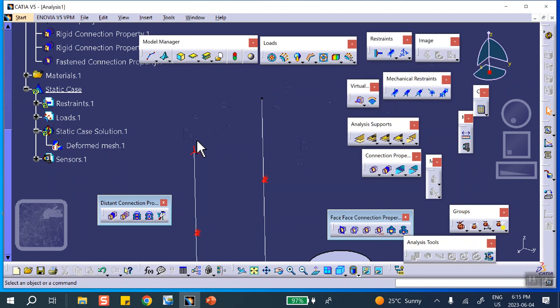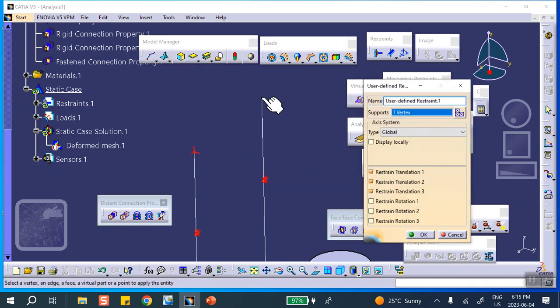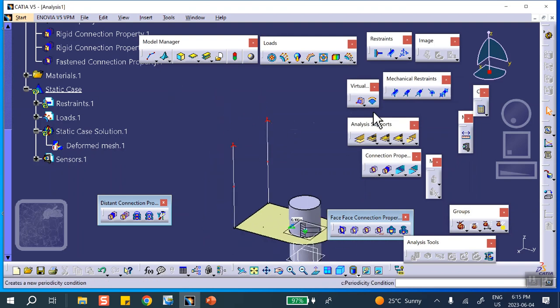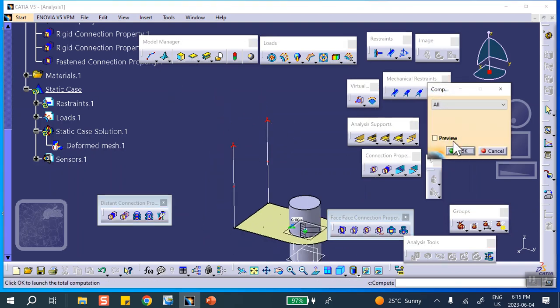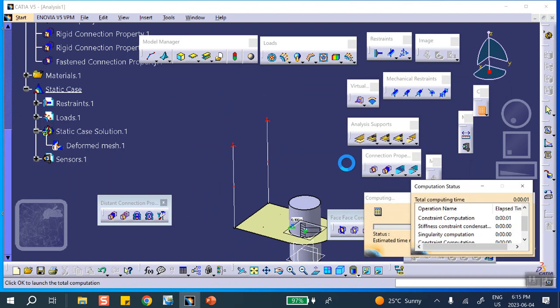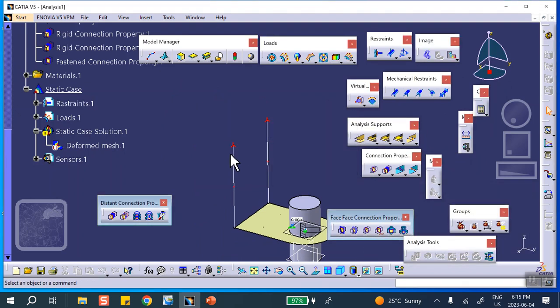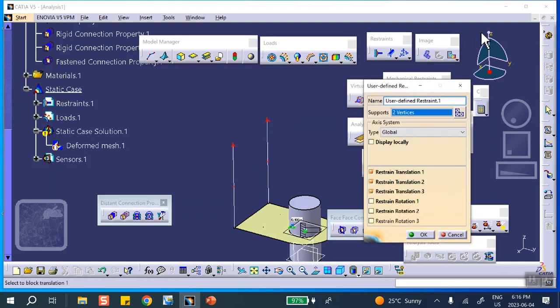And I will show you, let me do both of them actually at the same time. I will show you that it will bomb out, and we'll see why. It will bomb out because there's one thing else that we have to restrain. And that is because it's a cable and we just said translation, this can still rotate or spin about that axis. So I have to go back to that point, that restraint, and prevent that rotation about Z, or spinning about Z,